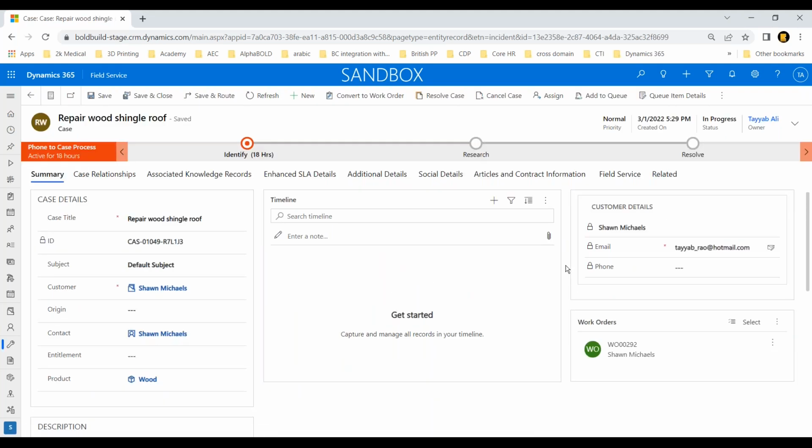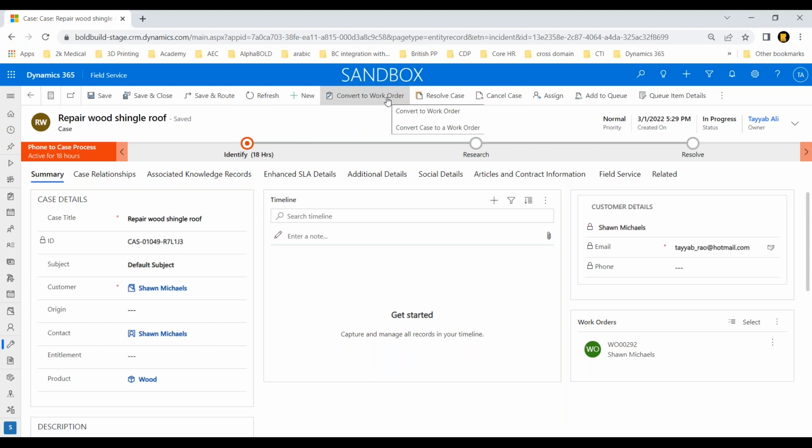So somebody asked a question earlier where they were saying, what if someone calls in and not through your marketing module? So this is exactly what happened. Somebody called in. So Shawn Michaels called in and said, hey, I need to do a repair work on my roof that you guys installed. A person received the call through integration. It pulled up Shawn Michaels' record because Shawn Michaels is already in the system. And they just discovered that, yeah, we need to have somebody go.